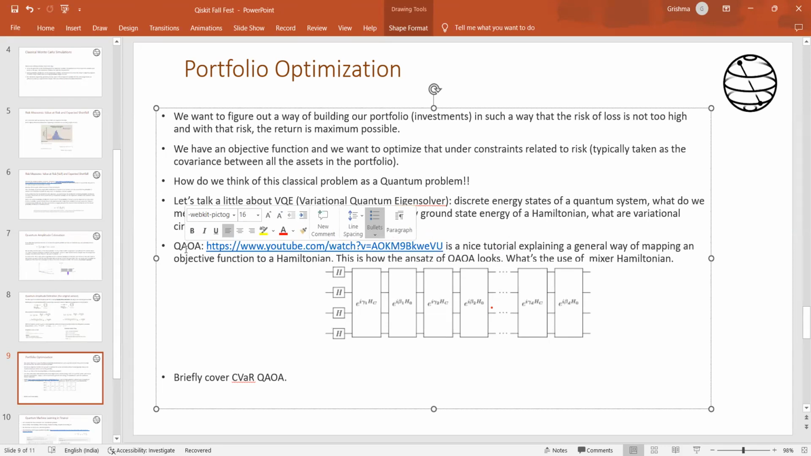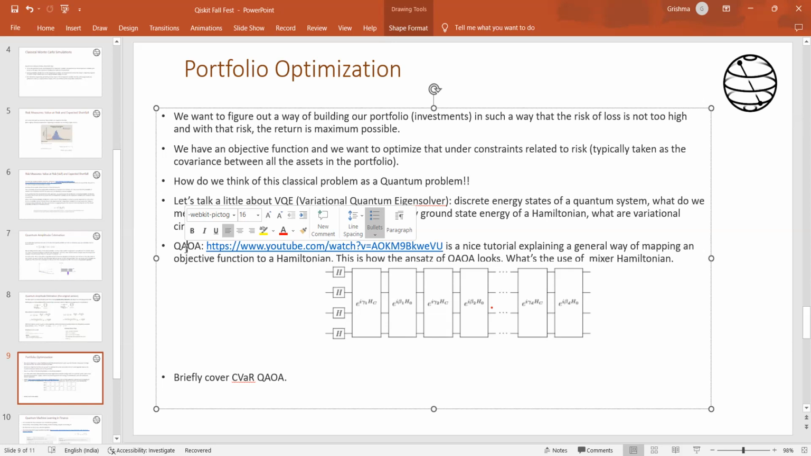So if you look at this problem, it's essentially a combinatorial problem because you have a bunch of assets, and you want to figure out which asset to invest in, how much to invest in, at what point to invest more, and at what point to not invest. So it's a complex combinatorial problem, and QAOA is one of the popular approaches used here. But QAOA is a specific form of another general algorithm known as a variational quantum